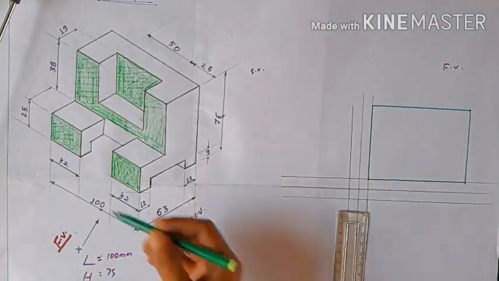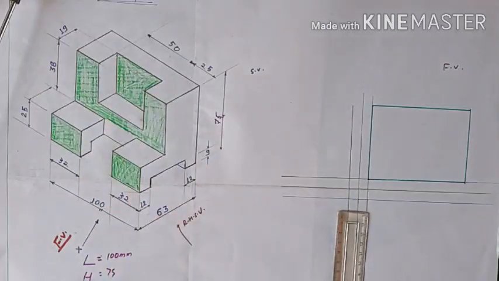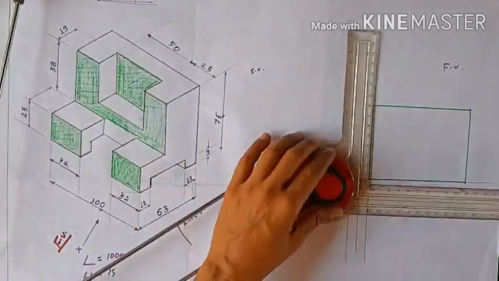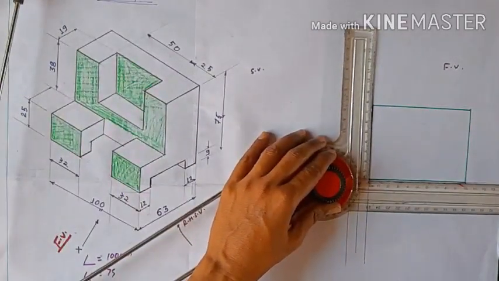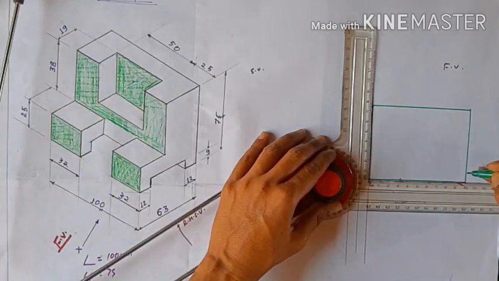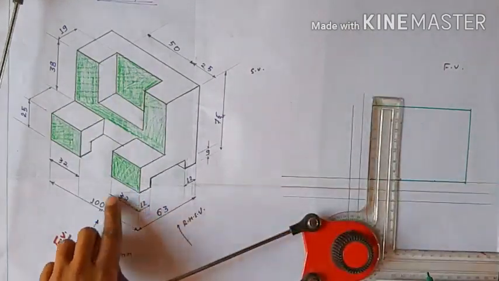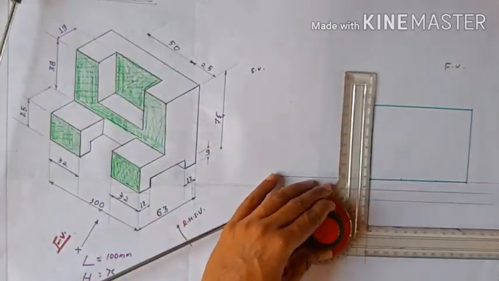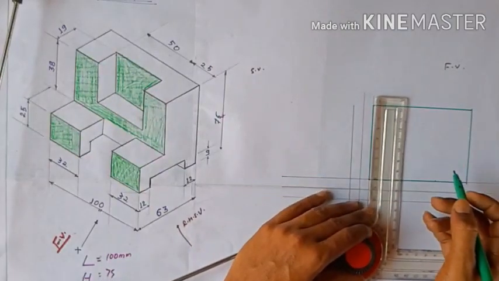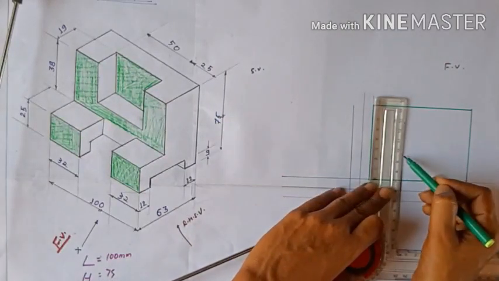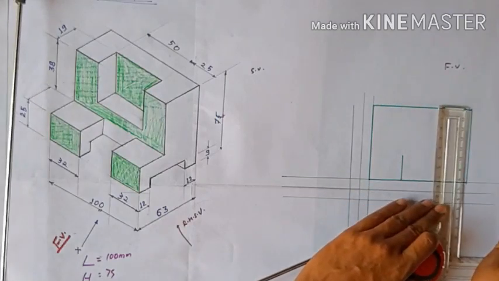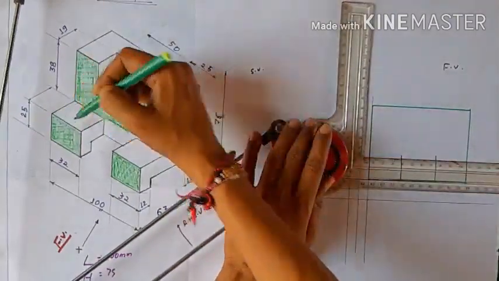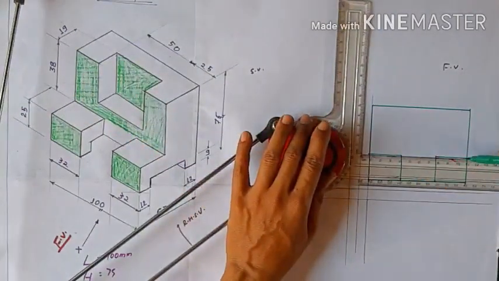Now starting from the lower side, we know that on both sides the line is 32 mm. So here we draw it like this, 32 mm, and also that is 32 mm. Now it is 25 mm perpendicular from this line. Set the set square parallel to it and draw 25 mm above from here, and from here draw again 25 mm and join the ends. So this is the starting view.